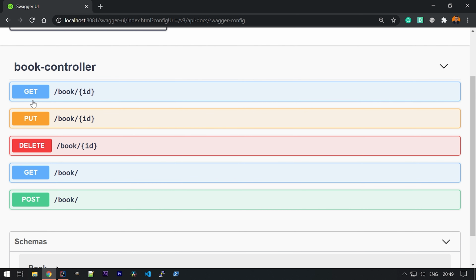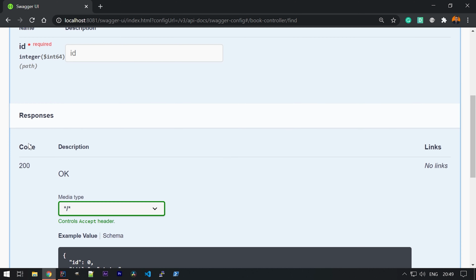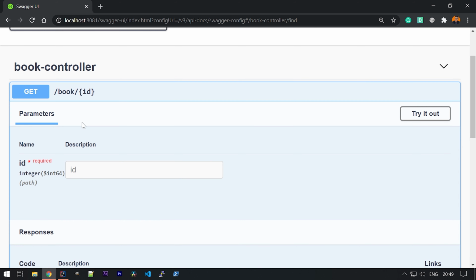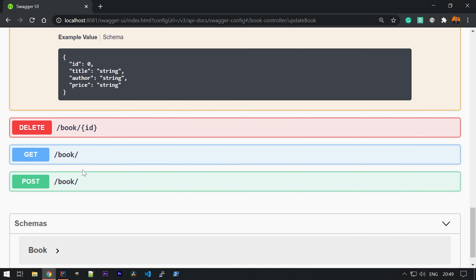Okay, you can see that these are the bunch of APIs that we have created, right? /book/ID for get mapping, put mapping for update. If you open all of this, you will get the information over here. Okay, like what are the responses, what will be the parameters for put. You can see what are the parameters, what will be the request body. This is all information. But you can see that this is still not worth the documentation. There are not all the bunch of details that I want to know, and any of the developers can understand what's going on inside the API without looking at the code.